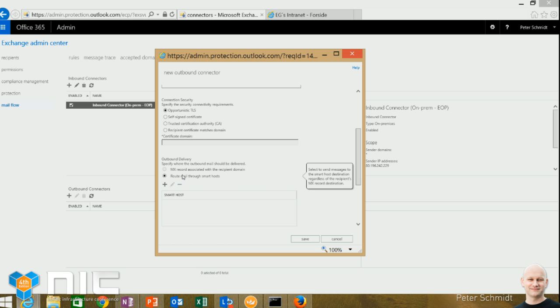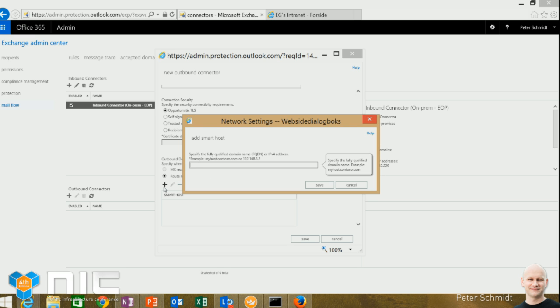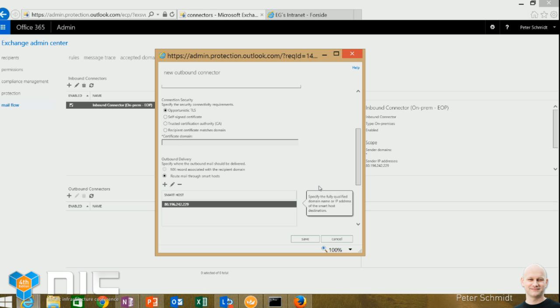You can set it up to use some kind of MX record if you want to, and then it'll look up where to deliver the mail. But in this case, it would make most sense that we put in the IP addresses again for our on-prem environment to make sure we actually get mails delivered. And again, the IP of my Exchange server.